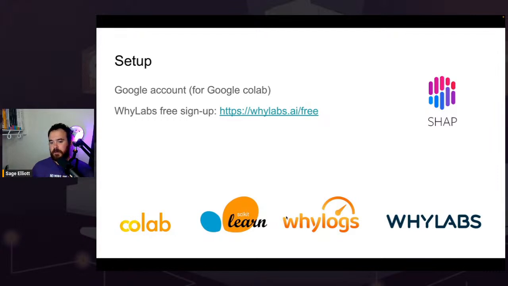Then we're going to be using the open source library called YLogs, which is a library we maintain to collect AI and data telemetry. Then we'll use the YLabs platform to easily take that telemetry that we're going to collect, and we'll talk more about this a little bit later, and then be able to monitor that over time for any issues that might pop up in our machine learning pipeline. And we'll use SHAP a little bit, which is an open source library as well for model explainability. We'll actually be able to take a look at our model, understand a little bit about the features that are the most important to making the predictions there. And we can tie that all together with all the other stuff that we're going to learn about.